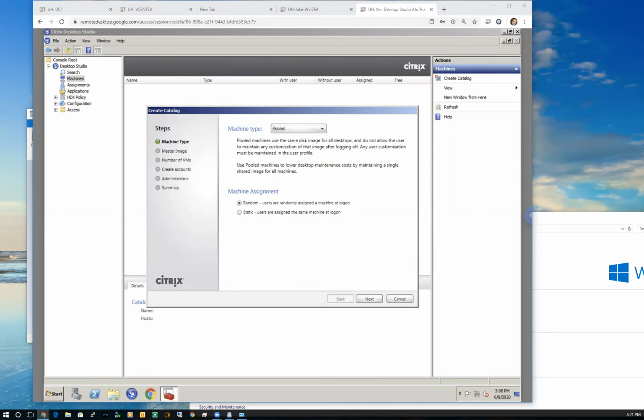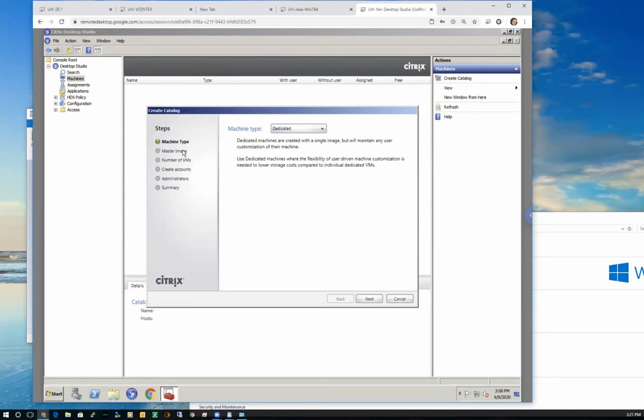What should I call it? Let's see, look at my notes here. The machine type, I'm going to say that they're dedicated machines, and that's because I want everybody to log into the same machine every time. A pool of machines would be like you grab the next chair, general admission to a movie theater, basically. Whereas dedicated is you've got a seat, you've got a specific computer you're going to use.